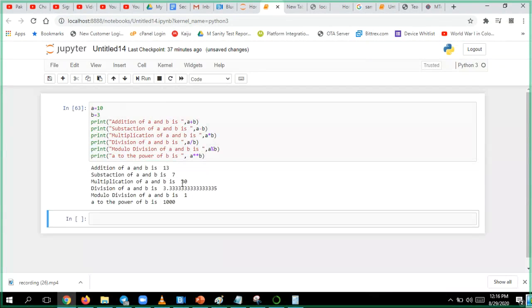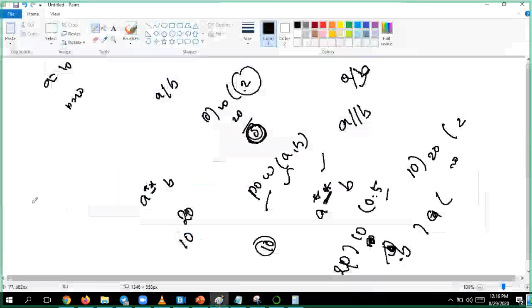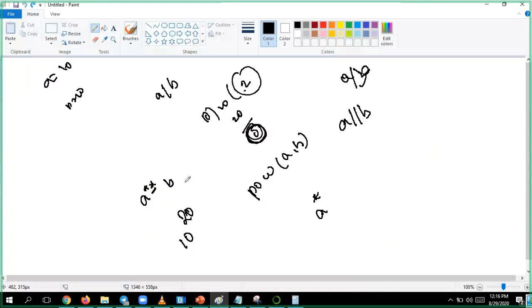If you see this one, this is the remainder and this is a division. Simple division. I have 10 and I have 3.